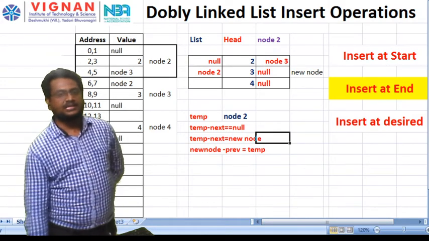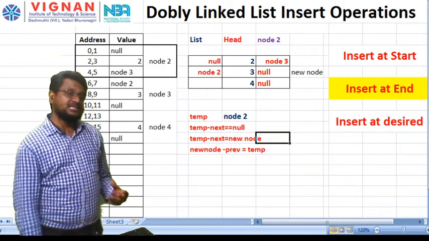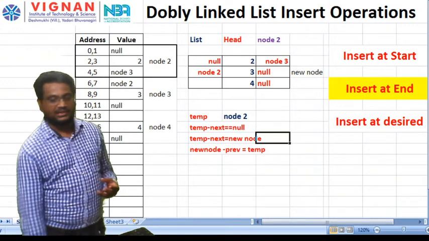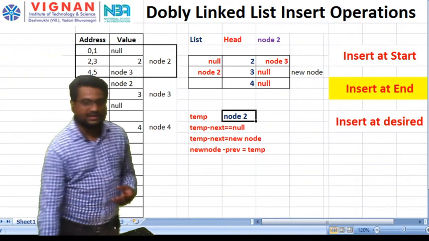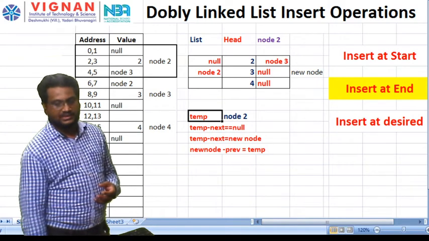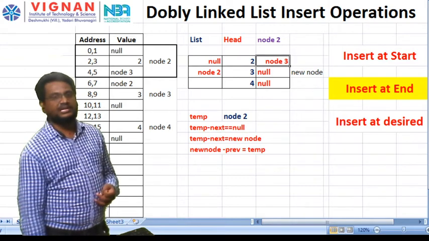Next, I am checking what the last element of the previous linked list is. First I will start from the head value. What is the head value? Node 2. I am checking whether node 2's next element is null or not. No, it is node 3.